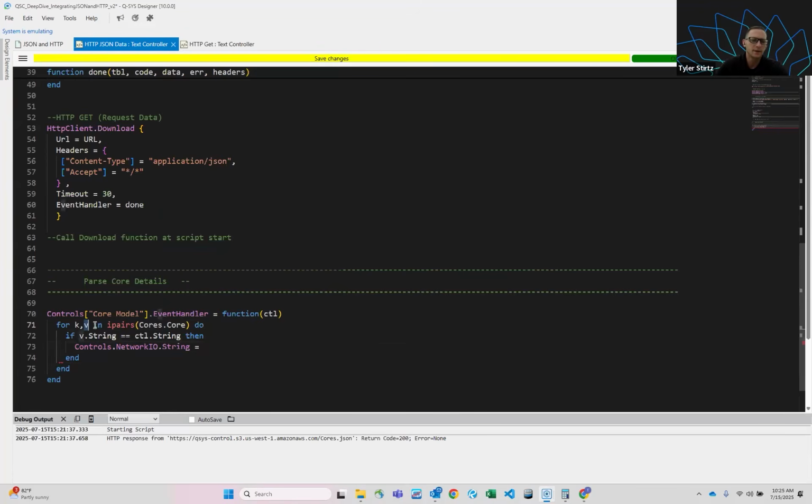And now that we have run this iPairs loop on here, we know v can be our entry in the table. So it's our 110, it's our 510, it's whatever it may be there. So we can actually dive into that table a little bit further. So we know it's v, but now we want to get inside there so we can actually call out network IO. So that's going to go in and grab the network IO out of that table for this specific core that we've called out. And then we could keep going here and we will grab our